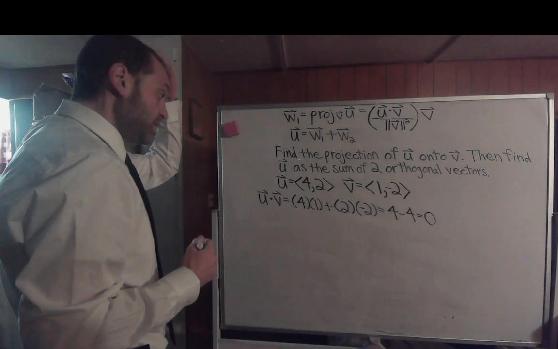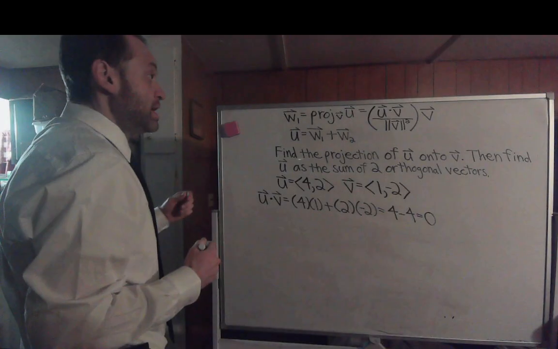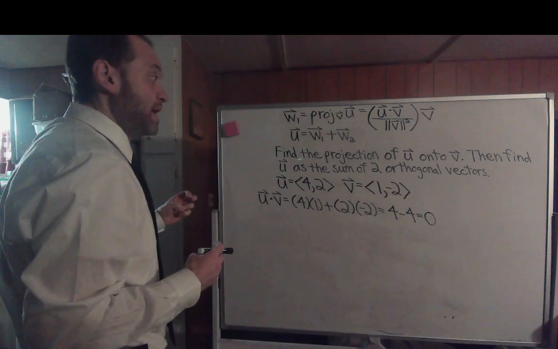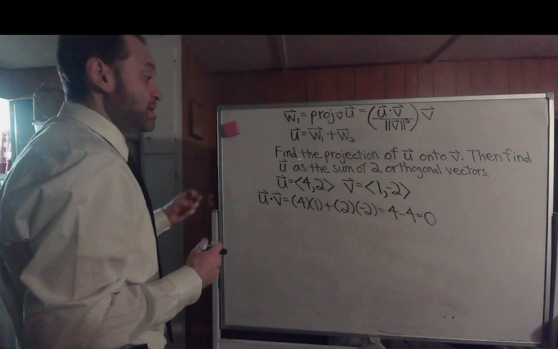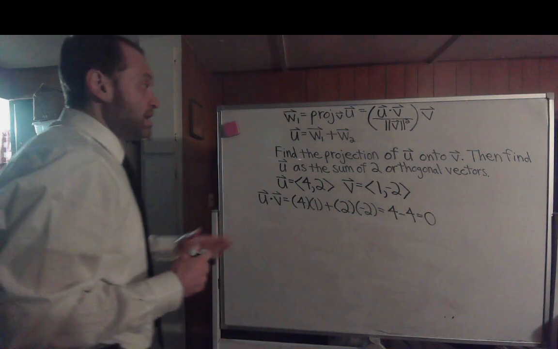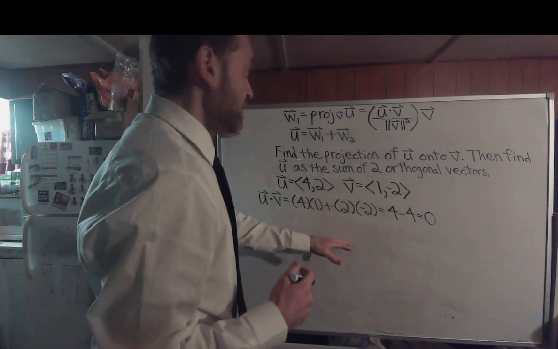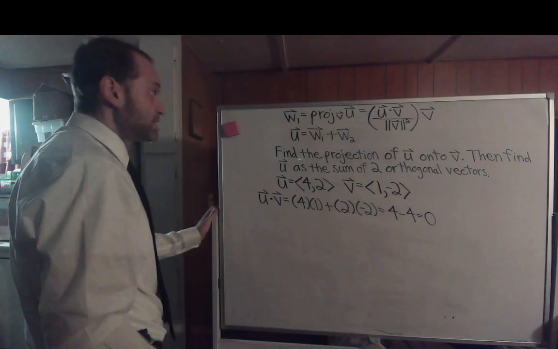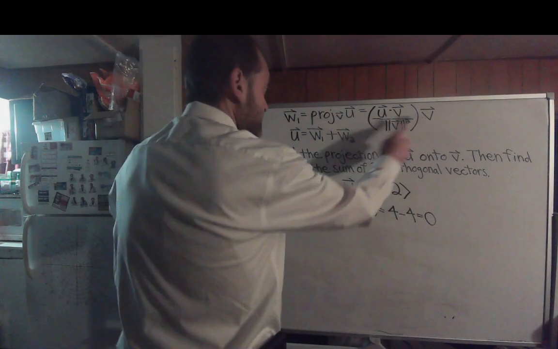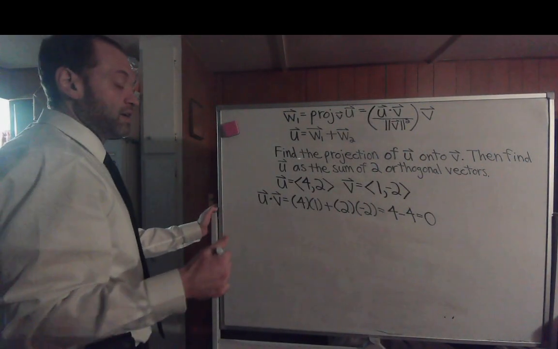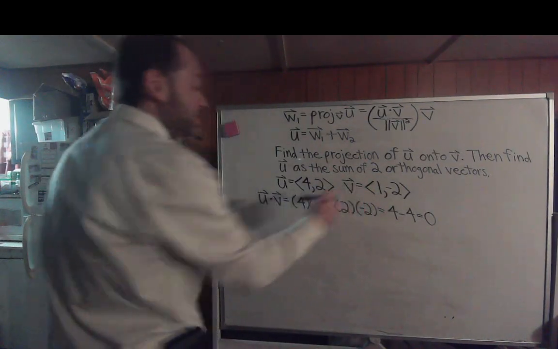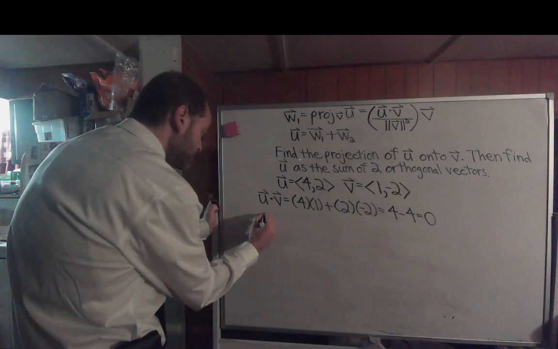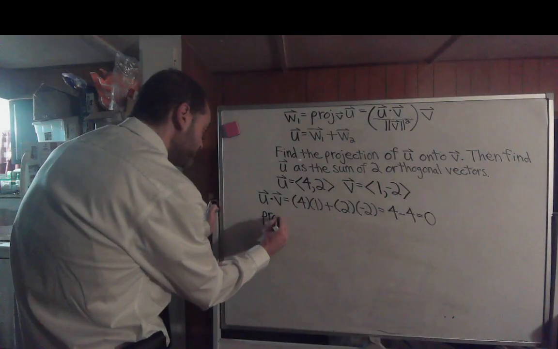So the dot product is 0, which in this case, it does not really matter what the magnitude is, because 0 divided by anything, if you want to find the magnitude of v, knock yourself out, but in the end, you're going to get 0 times vector v, which would just give you a 0 vector. So that means in this case, the projection